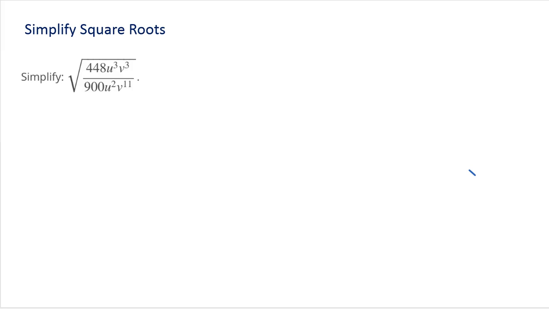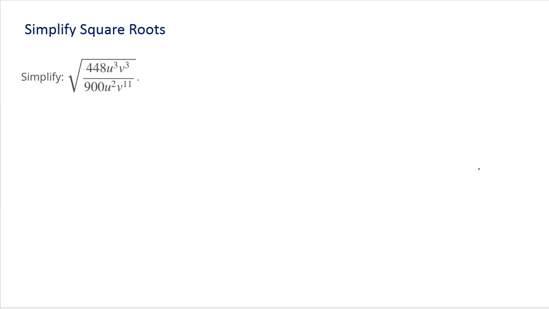I've got a quick video here, or we'll see how quick it is, for simplifying a square root. Whenever you have a fraction inside a square root, that fraction in there is called the argument. Anything inside a radical symbol is called an argument. And when you work with a square root, the easiest thing to do is simplify your argument as much as